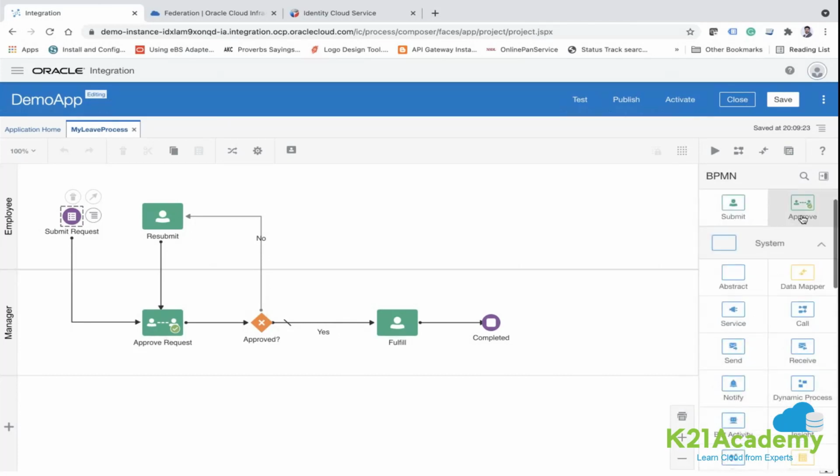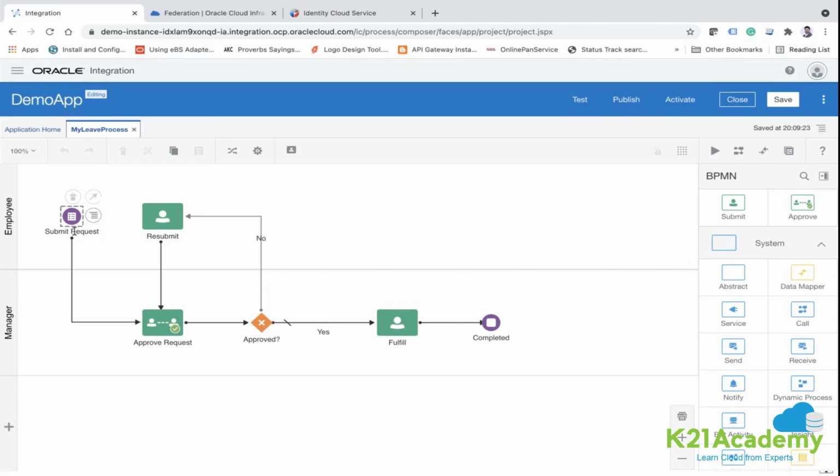Approve request is nothing, it is this approve action, which means it is a human intervention. Means an email notification will go to the managers, and the manager will need to take an action depending on your request, and then it will flow here to the exclusive action,